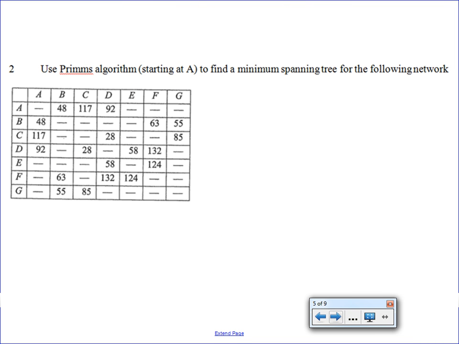Okay, so we're going to start at A. So we're going to do a T for at the top there, and then we're going to remove A, and then we're going to circle the smallest under A, which is 48. And then as soon as we do that, we write down A, B, to get the list. The list is what's important. Now, having got the list,